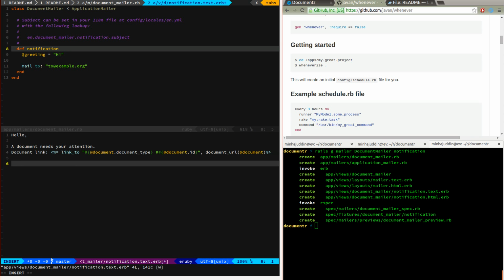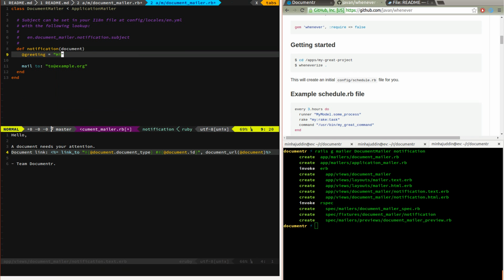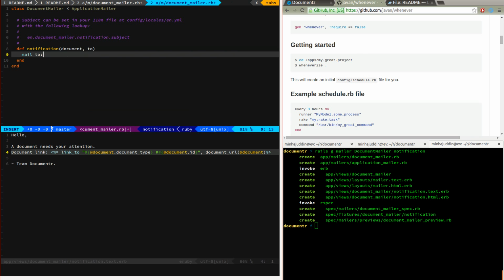So team Documentr, from team Documentr, right? So that looks good. This guy needs a document and a document type. No, it just needs a document. So notification needs a document, and it needs a to address, right? So needs a to address, and I'm going to say document is document,